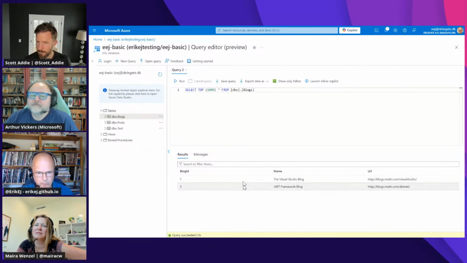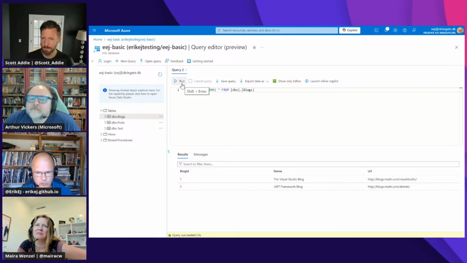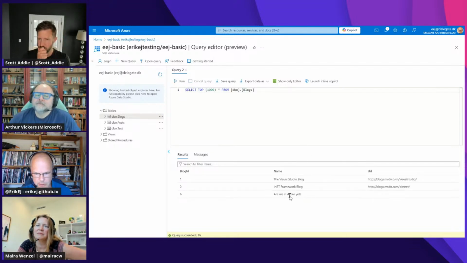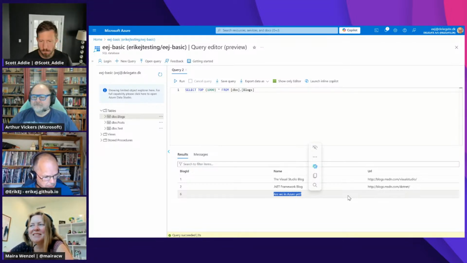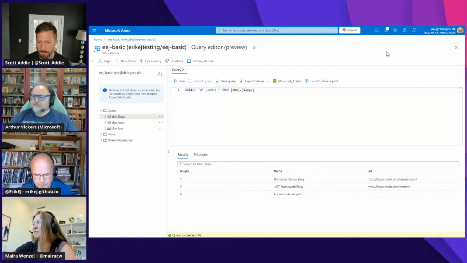So when I ran this query last time, it listed 2 rows in the blocks table, and lo and behold, we are actually in Azure, and we are using the modern authentication methods based on OpenID and Entra ID. Sorry, Entra ID. Yes, well, it is OpenID, but yeah. Excellent, good stuff.